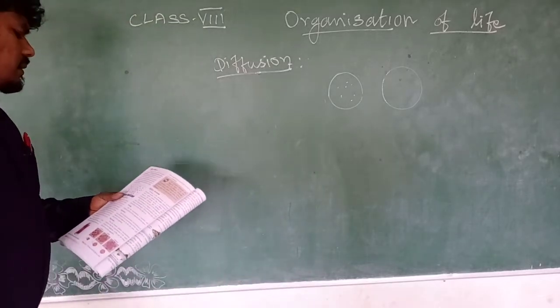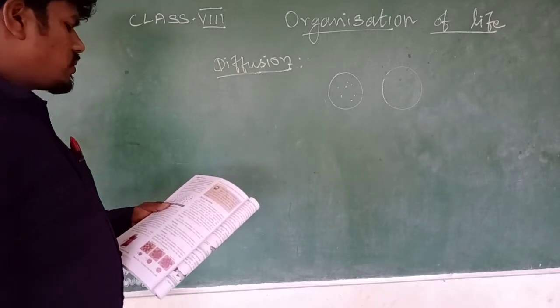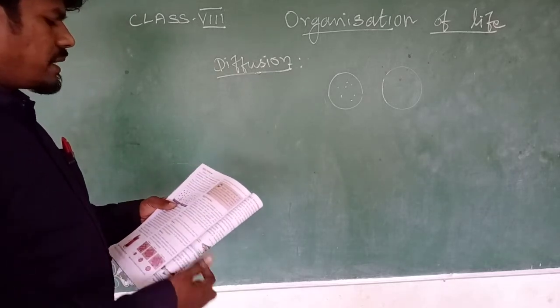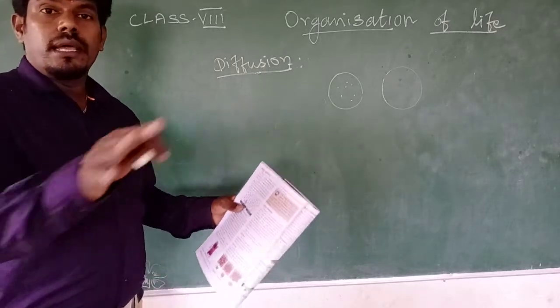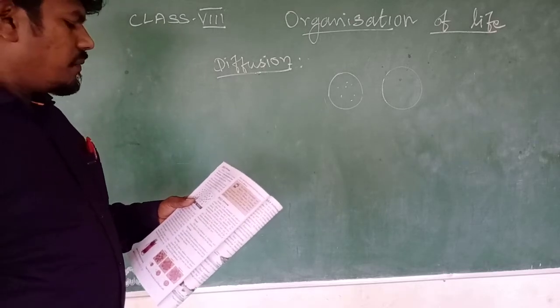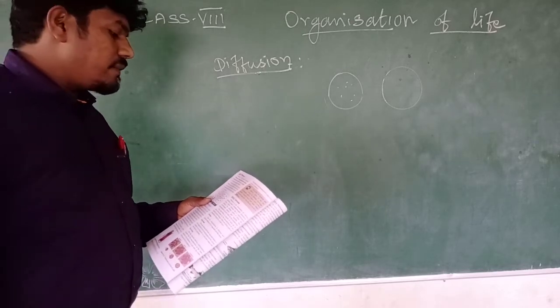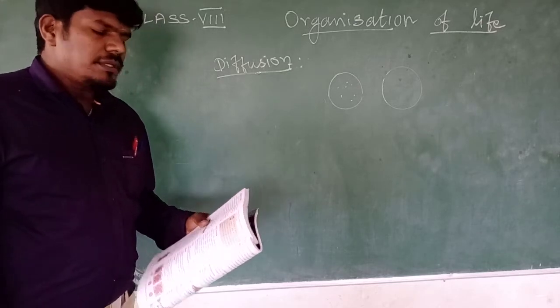See, diffusion is the movement of particles from an area of higher concentration to lower concentration. The overall effect is to equalize concentration throughout the medium. And examples of diffusion include perfume filling a whole room and the movement of small molecules across a cell membrane. That means very simple.